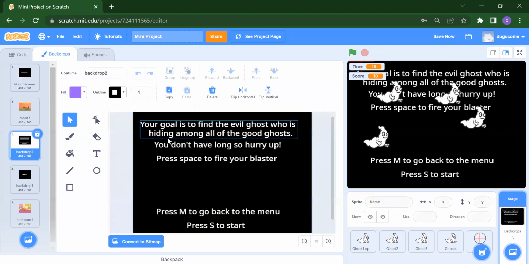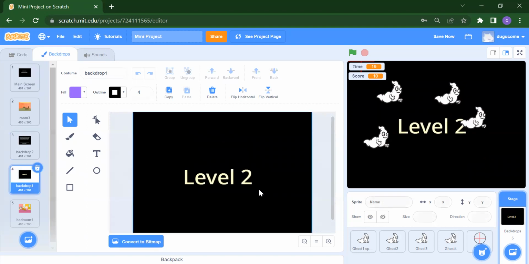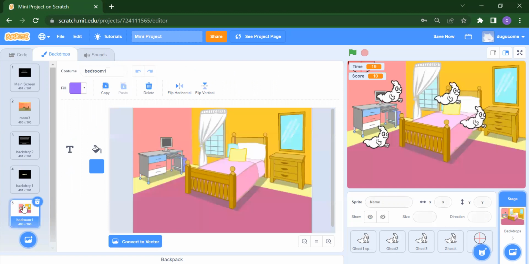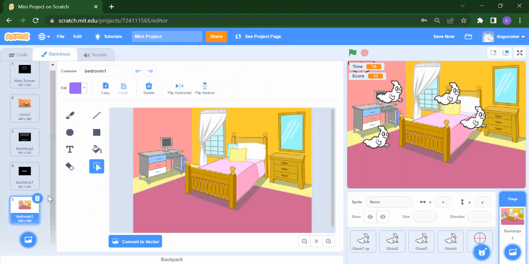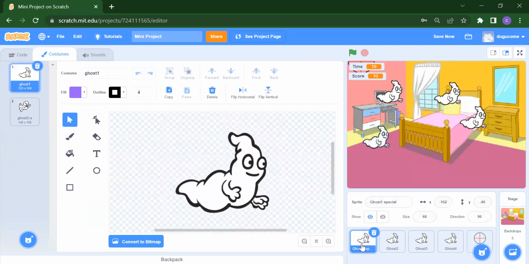After that, we have the third backdrop, which is your goal is to find the evil ghost who is hiding. Then you have to write level 2, and in the level 2 we have our next backdrop, which is the bedroom. Okay, so you have to add all these backdrops. So it means we have to add 5 backdrops. After that, we have to add a